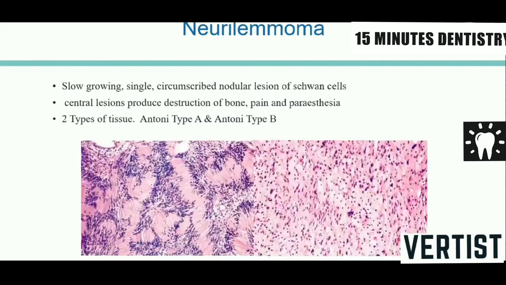Another lesion is neurilemmoma, which is a slow-growing, single circumscribed nodular lesion of Schwann cells. It can also occur centrally, producing destruction of bone, pain, and paresthesia. The spindle cells are arranged in two patterns, giving rise to two types of tissue, the Antoni type A, where there is a regular regimenting appearance of the spindle cells shoulder to shoulder with Verocay body formation, and the Antoni type B, where the cells are